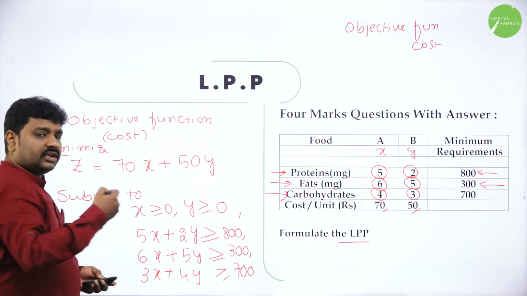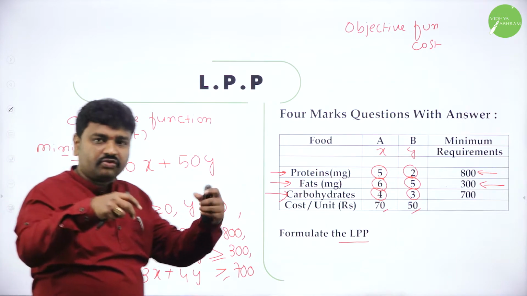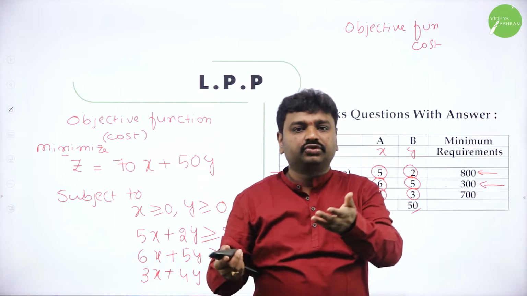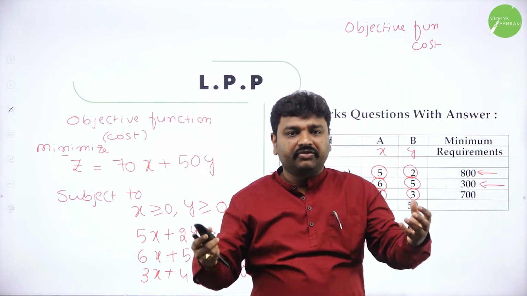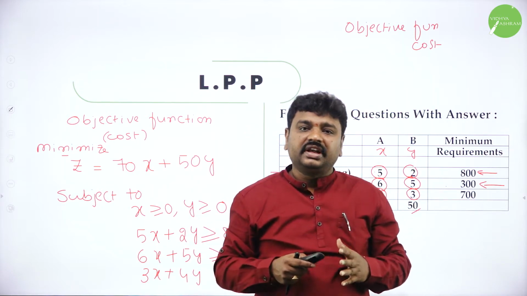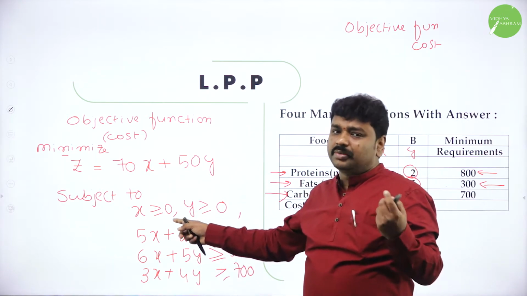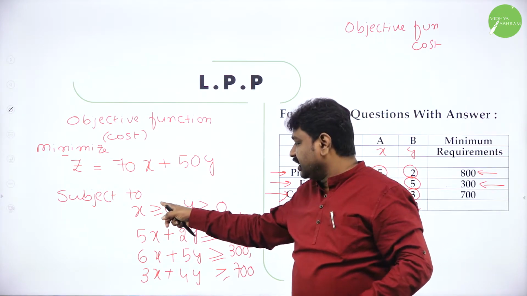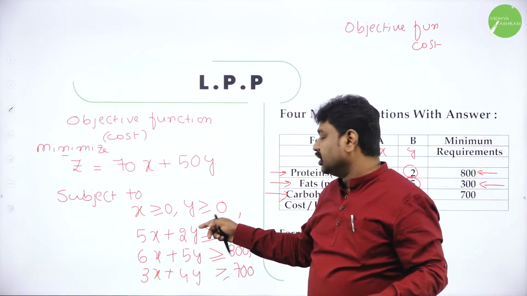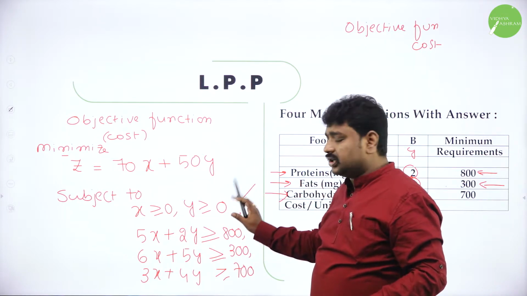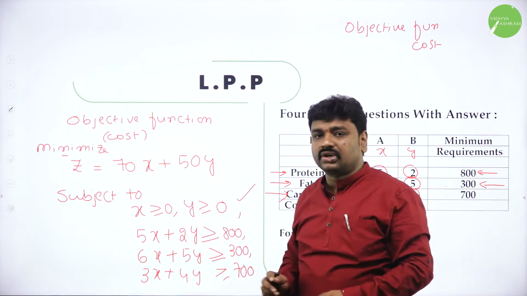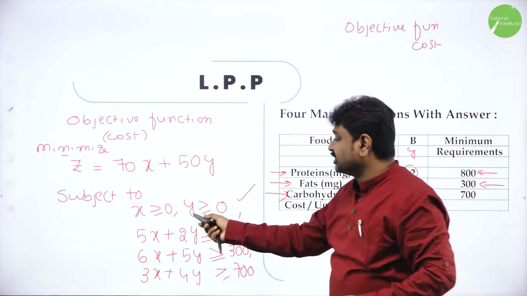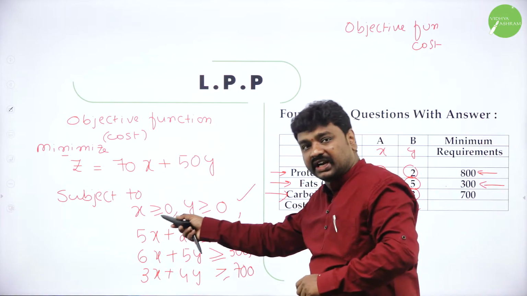The first condition they have not given, it's common sense. We are mixing food A and food B. The number of units you are mixing cannot be less than 0. See, the number of students in a class cannot be negative. The number of units of food you are mixing cannot be negative. If you don't mix, it will become 0. But the number of units of food A and food B should be positive, so I'll take greater than or equal to 0. It may be 0 or positive. So this is a condition not given, but it is known by common sense. The conclusion is, whenever you are mixing, the number of units of food cannot be negative. That's why we call this a non-negative constraint or non-negative condition.